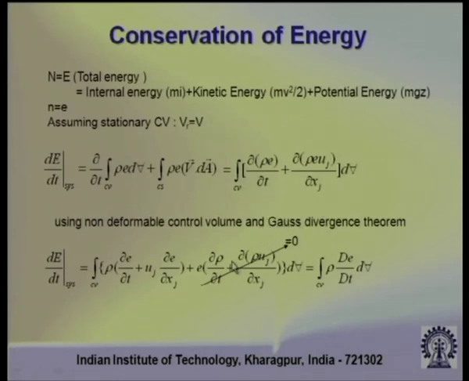Next we try to simplify these terms. The left hand side is as it is, and the right hand side we express in a non-conservative form. We have seen through the example of the momentum conservation equation how we express the conservative form in terms of a non-conservative form. Here also we do the same thing, and what comes out is the total derivative of the energy, capital D/Dt of E, again by using the continuity equation.